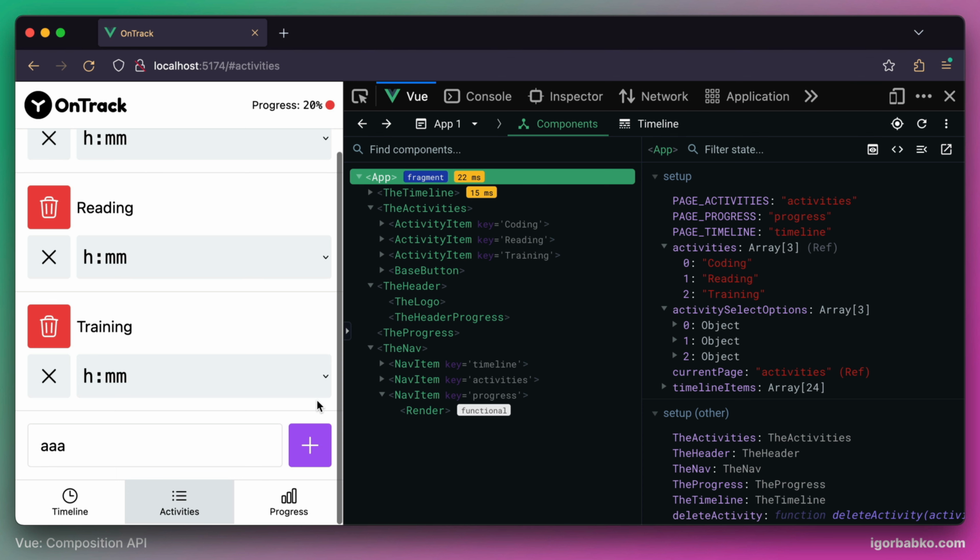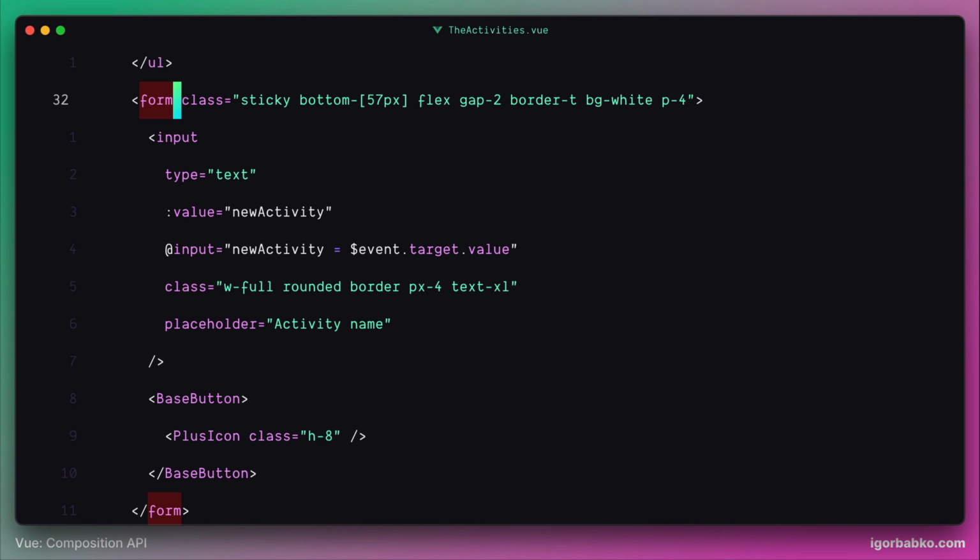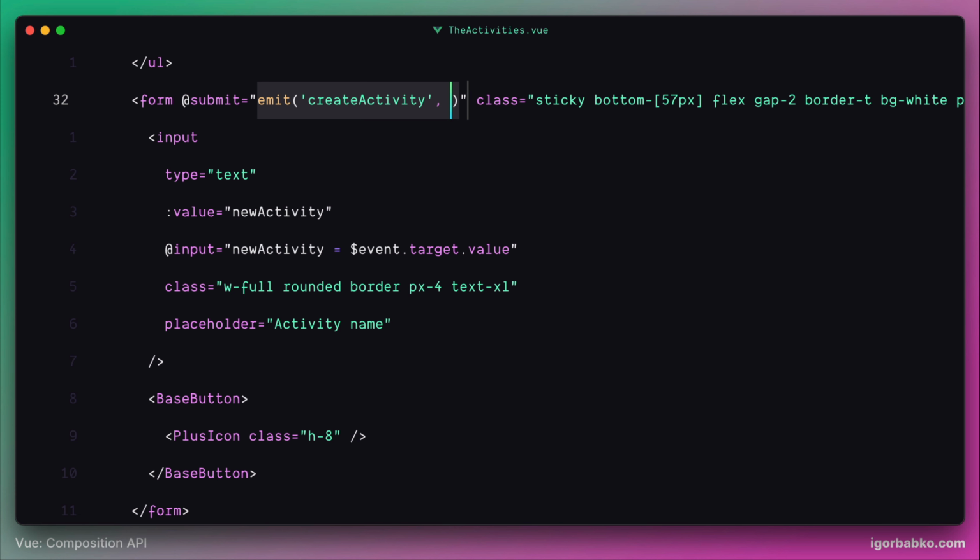So let's go back and assign an event listener for the submit event to this form. And once this form gets submitted, we're gonna fire another event called createActivity to a parent component. And along with that, we should tell the parent component the name of the new activity. And since the new activity name is stored within the newActivity variable, we just need to pass this variable in here